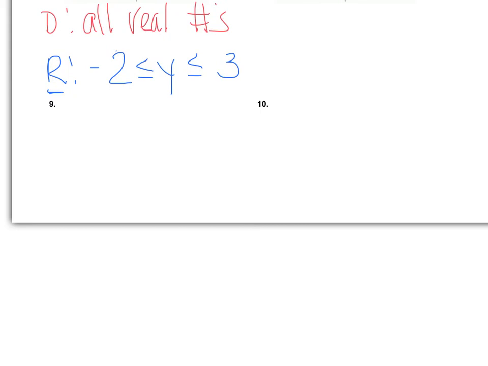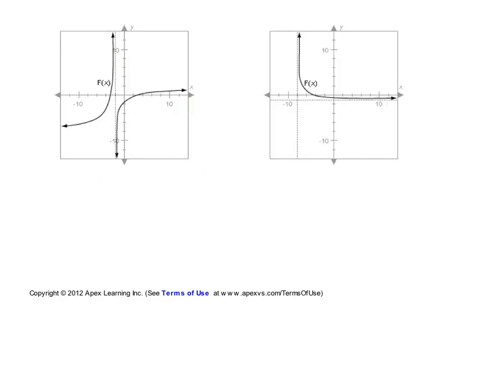All right, last question, number 9. Looking for my domain and my range. So domain, we read from left to right. Okay, so the left side has an arrow, the right side has an arrow. So it's going to be all real numbers. Okay, with one exception. This line right here is an asymptote. What that means is the graph can never equal this value. And that asymptote is at negative 2. So that means that our domain is x is all real numbers except